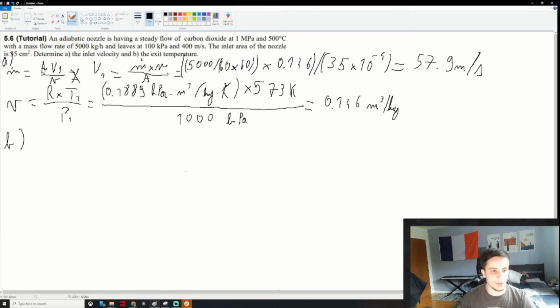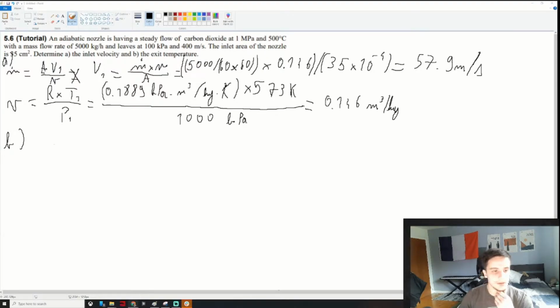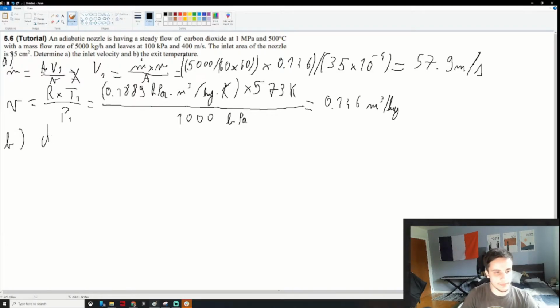So for the exit temperature, we're going to use, and that's going to be the case for like 99% of your chapter 5 problems, the first law equation, what I like to call the elongated first law equation. A good technique you can do, especially when you're starting out these exercises and you're not too sure how to go about them, is you write down the full first law equation. So the change of energy over time is equal to the heat transfer minus the work